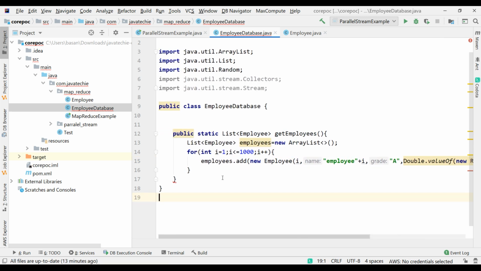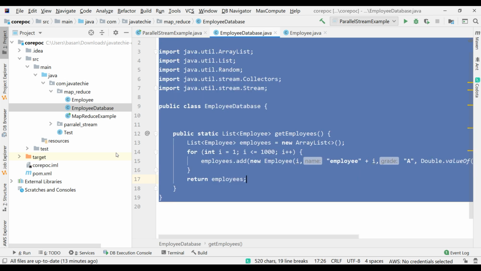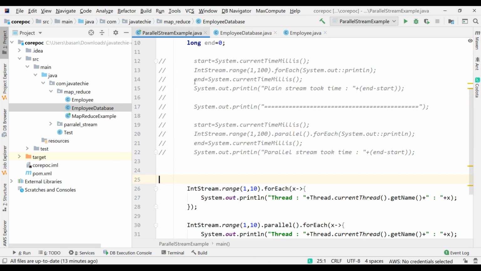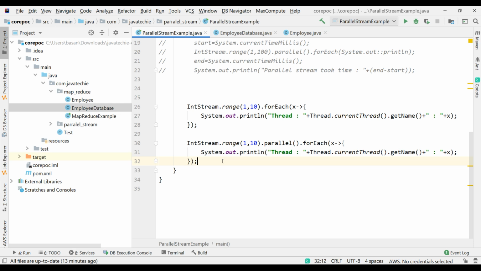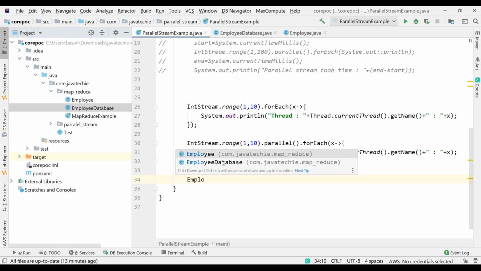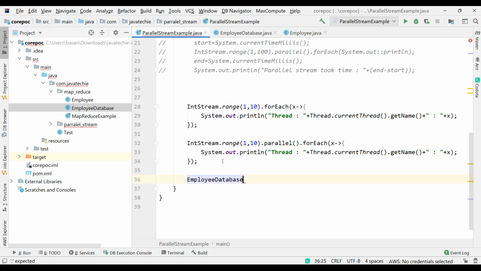Okay, yeah. So now I'll just return employees. Now let's go to our code, parallel stream example. I will get the list of employees from employee database dot getEmployees. Just add it to the list of employees.